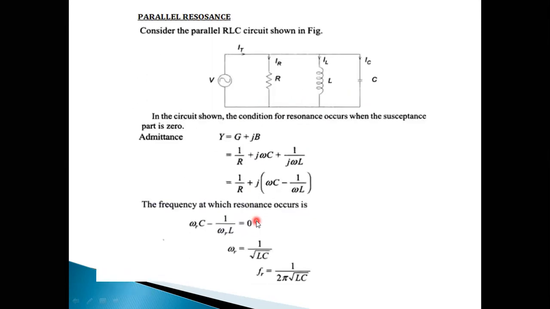Same thing will be there for a parallel circuit also. This one is a parallel circuit, but we can observe Y is equal to G plus jB. We all remember from the previous slides, Y is admittance, G plus jB. That susceptance part will become 0 here: omega C minus omega L will become 0. These two being equal means the resonant frequency is the same formula. In terms of series or parallel, the resonant frequency doesn't vary. 1 upon 2 pi root LC is the value of the resonant frequency. Previously the reactance term becomes 0; in this case the susceptance part becomes 0, that is, XL is equal to XC.